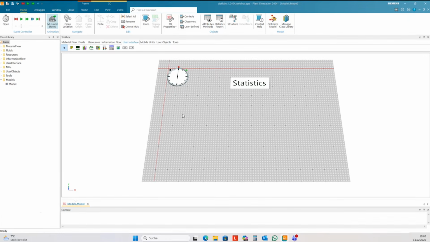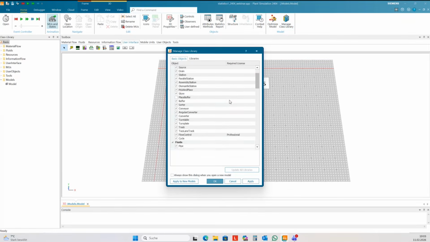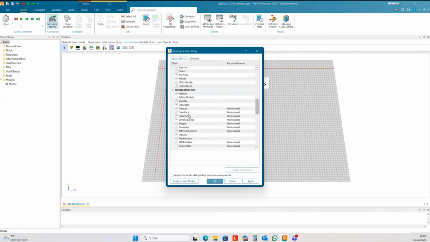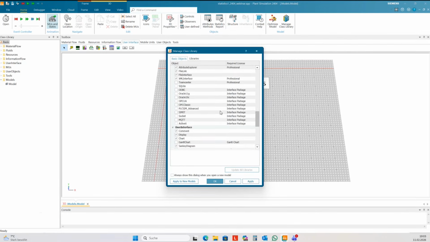Many elements that I use to create statistics are available for the professional license only. For instance, the generator or the time sequence is only available for the professional license, and the same is true for the HTML report.